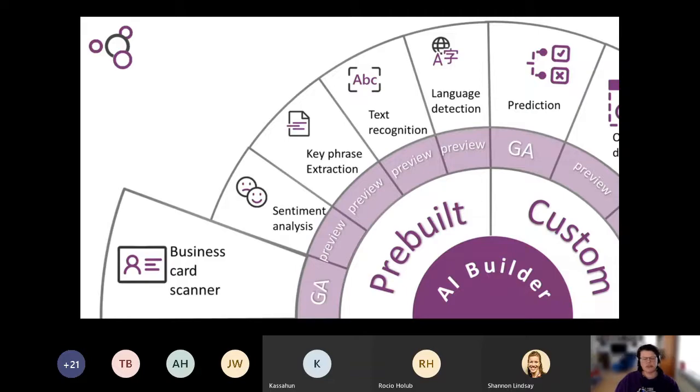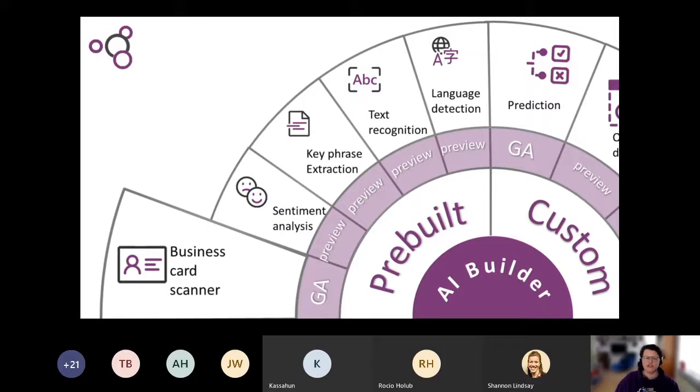I'm not entirely sure how it is in the United States, but in the Netherlands we don't use business cards that much anymore. So at first I was not that enthusiastic about this model, but in the end I found some really good use cases for it, because you can also use it, for example, to scan name tags.